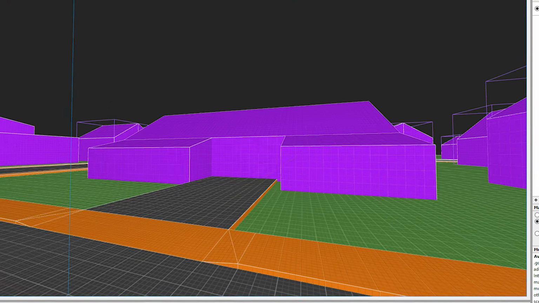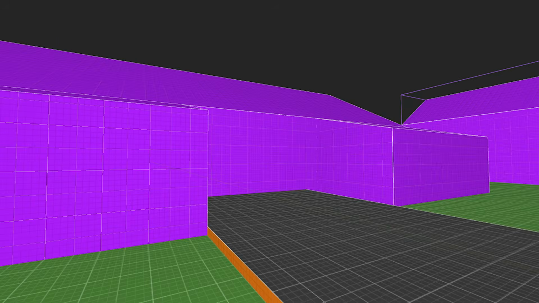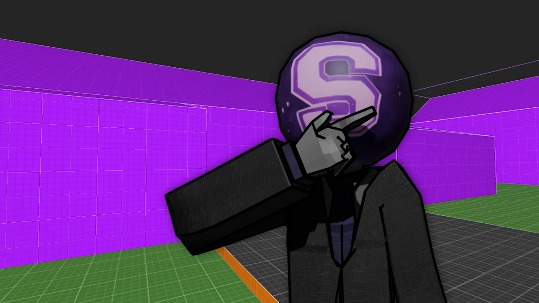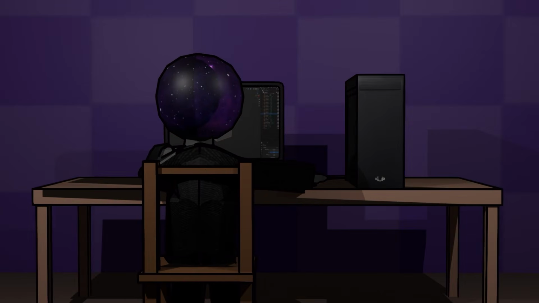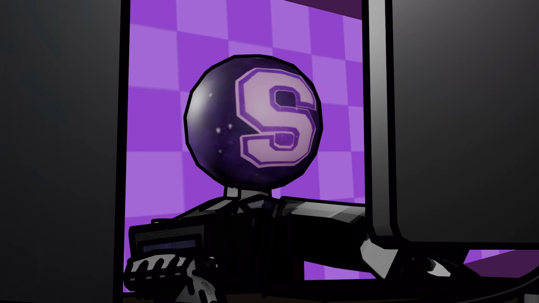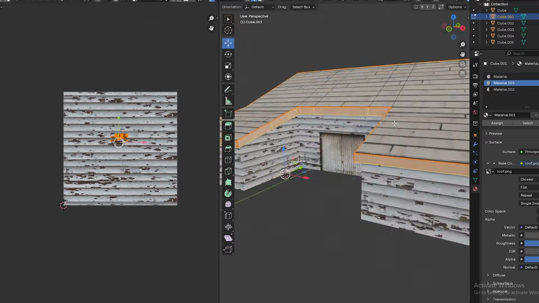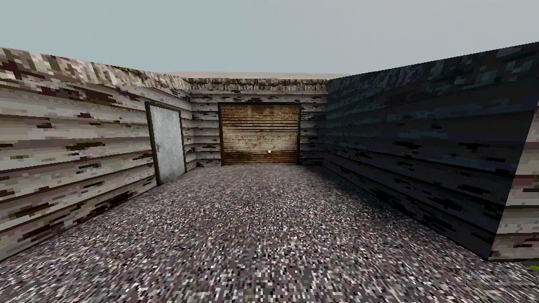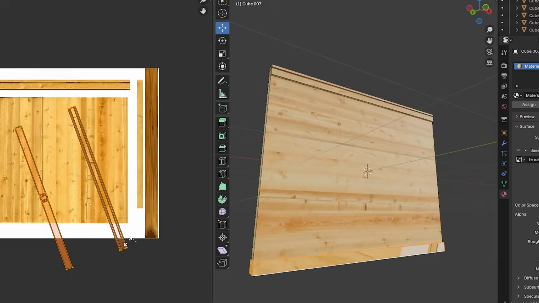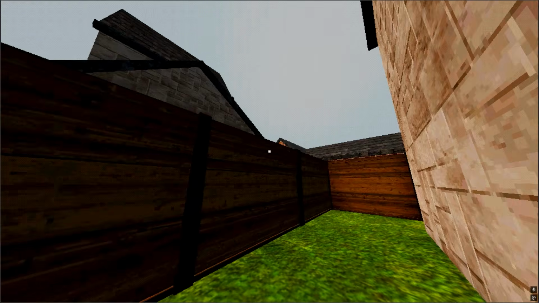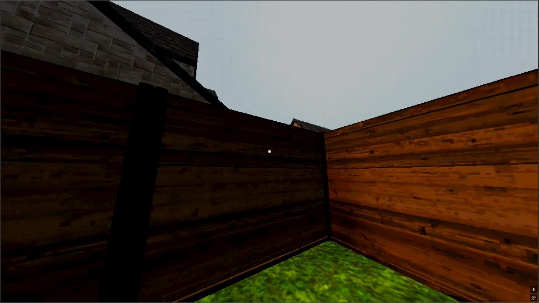This purple looking house is fine and all, but it could be better. The thing is, I've always struggled with modeling houses in Blender. But I guess it's time to learn. I modeled the player's house, looked like crap, so I redid it. Slightly better, but still not what I wanted. I also modeled a fence to block off areas where there aren't any houses. That's kind of like a world boundary.